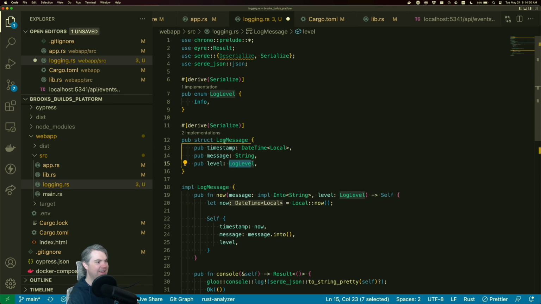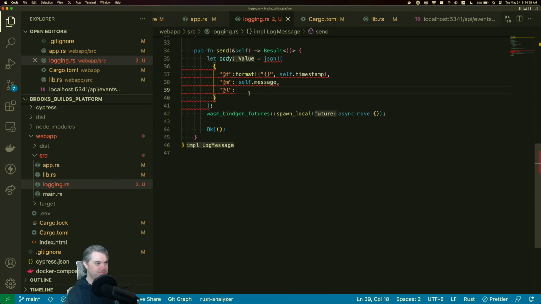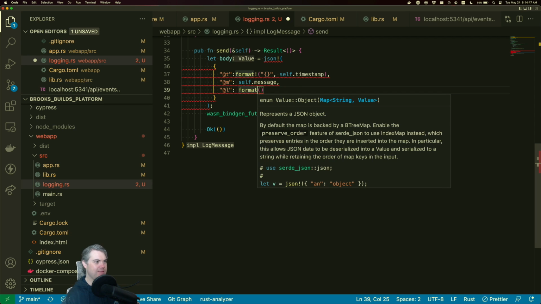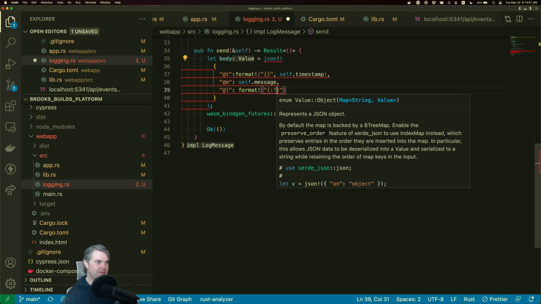If I debug this, does that mean I can do something silly like self.level or format this? This is not the right way to do this, but